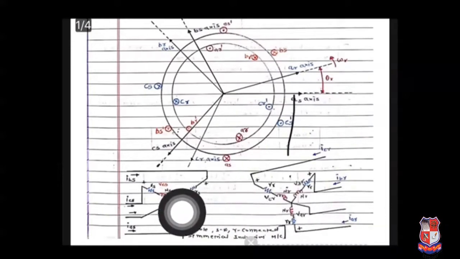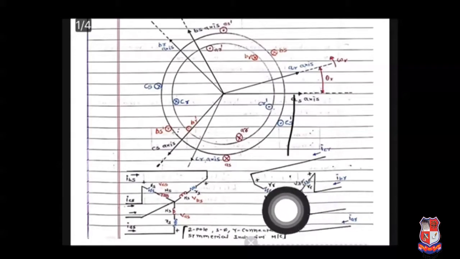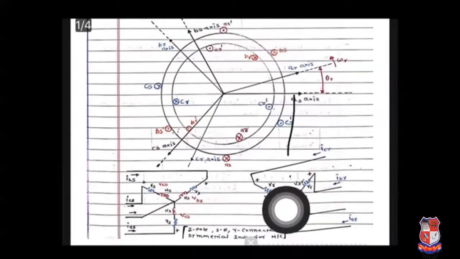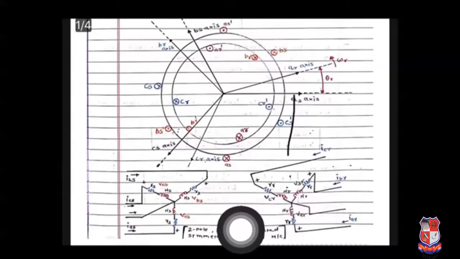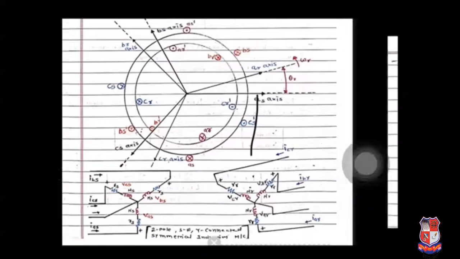So this is the winding diagram. So this is stator side, this is rotor side. On stator side there is a stator resistance RS, and number of turns for the stator inductance is NS. Same for RR, and NR is there for the rotor side. So this is the arrangement for the stator and rotor windings.